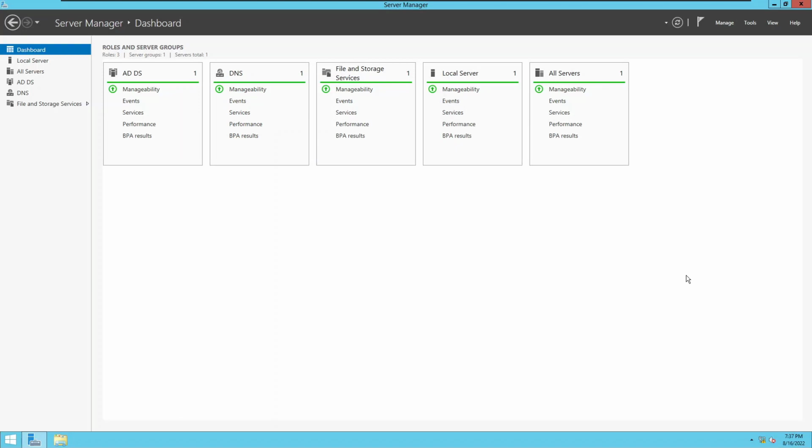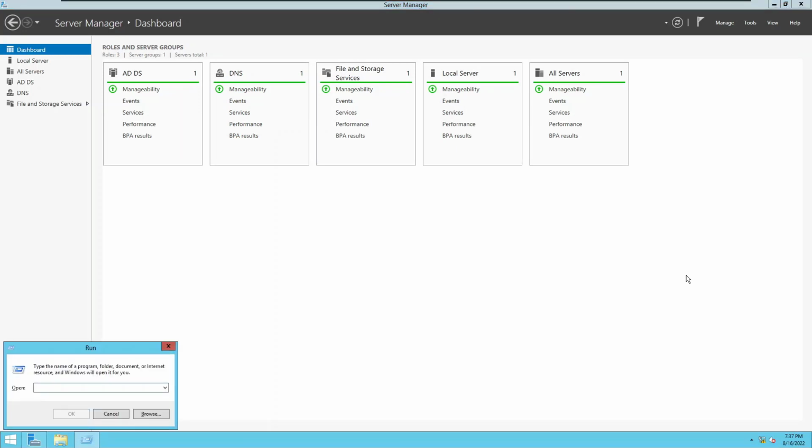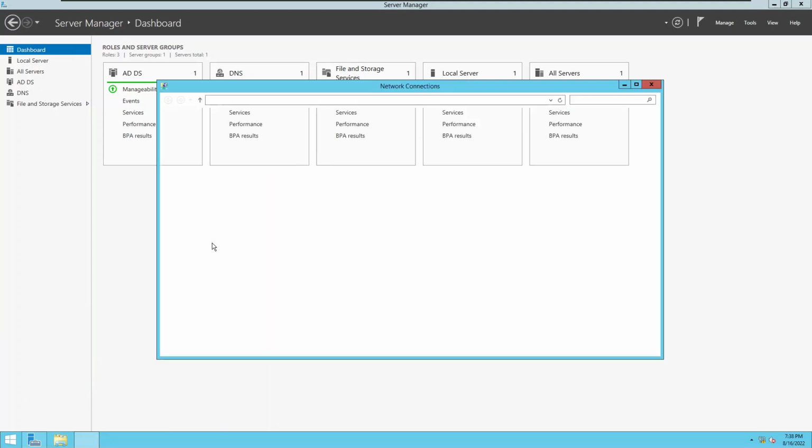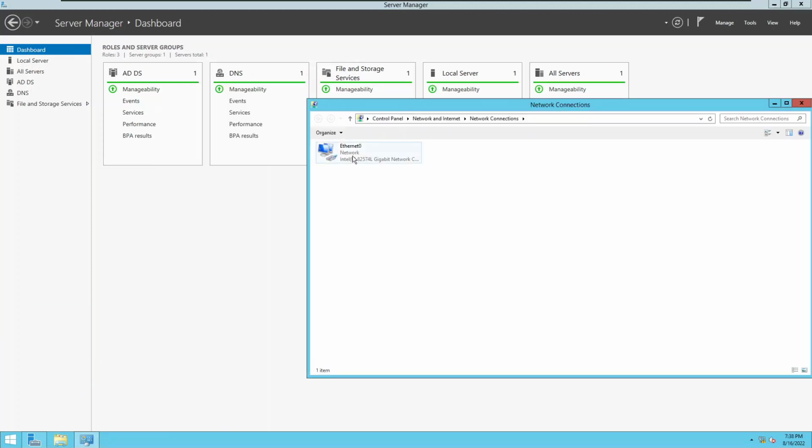Also, to fix that, first things first, we need to go back to our network settings. I used to love doing this by running this command in the run interface, ncpa.cpl. So we click properties here,